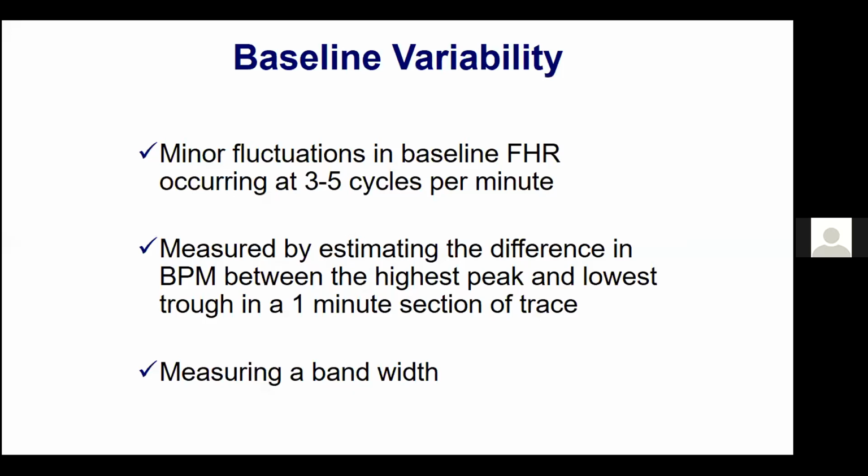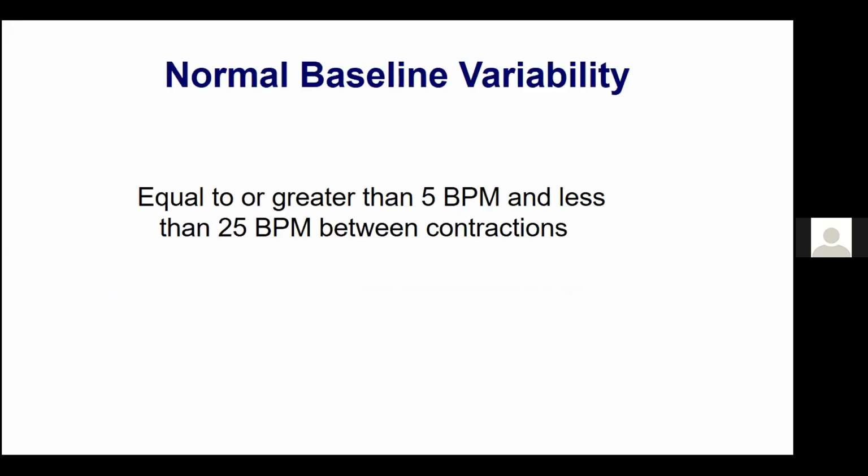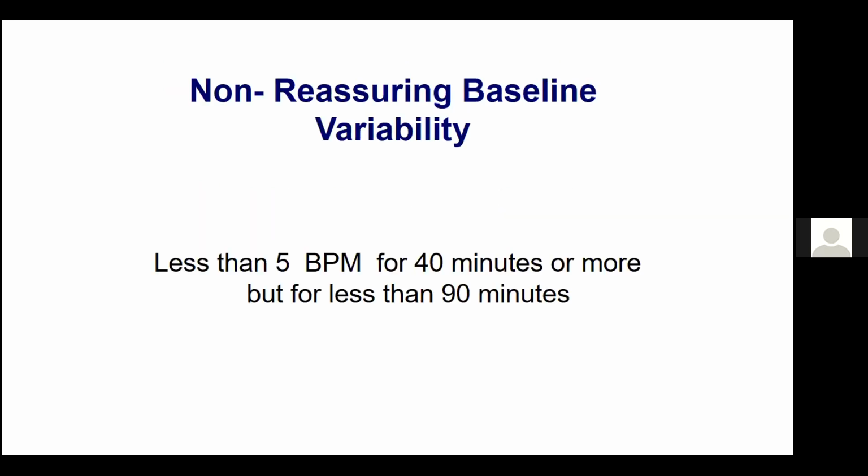So the variability is the minor fluctuations. They're measured as the difference in the beats per minute between the highest peak and the lowest trough in a 1 minute section of the trace. Therefore, we now just focus on the short-term variability. The normal baseline variability will be at least 5 beats per minute, but normally less than 25 beats per minute between the contractions. Remember we said that when the baby is in quiet sleep,